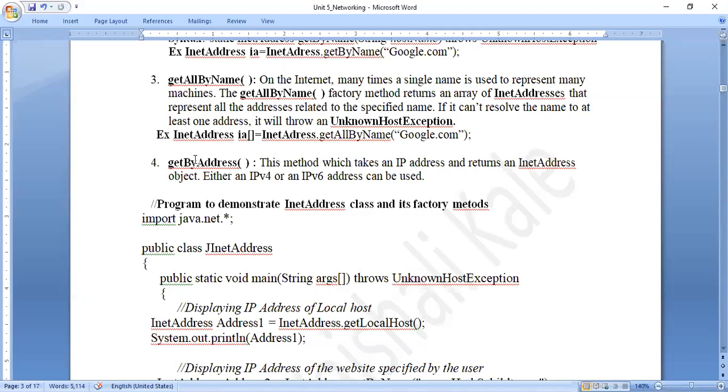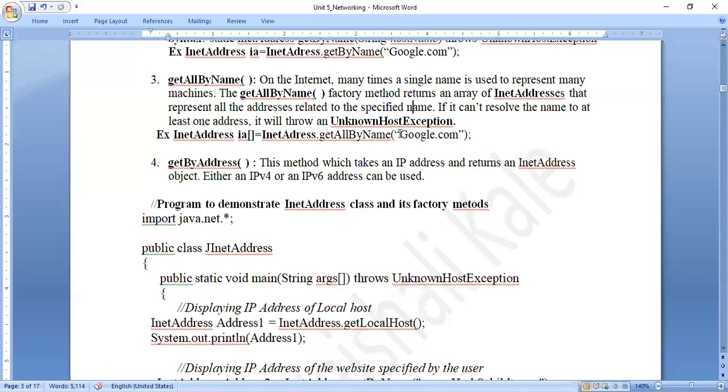So when multiple machines are linked with the same name, in that case, we can get the IP addresses of all the machines attached to a single domain name by this method, which is called getAllByName. The getAllByName factory method returns an array of InetAddresses that represent all the addresses related to the specified name.